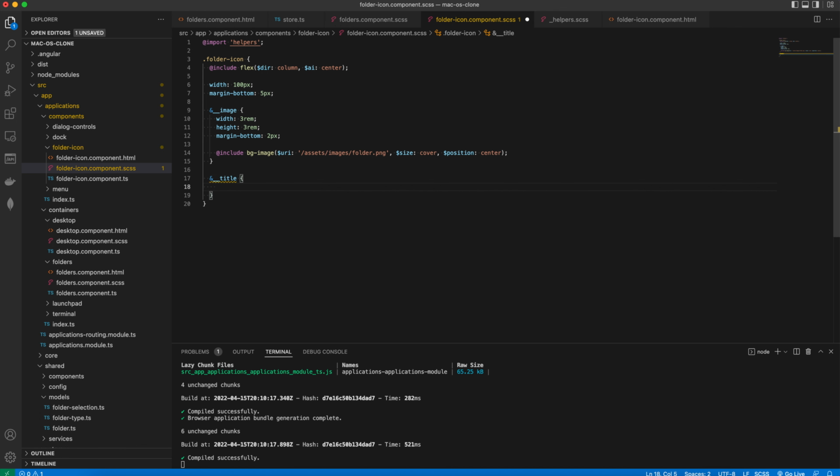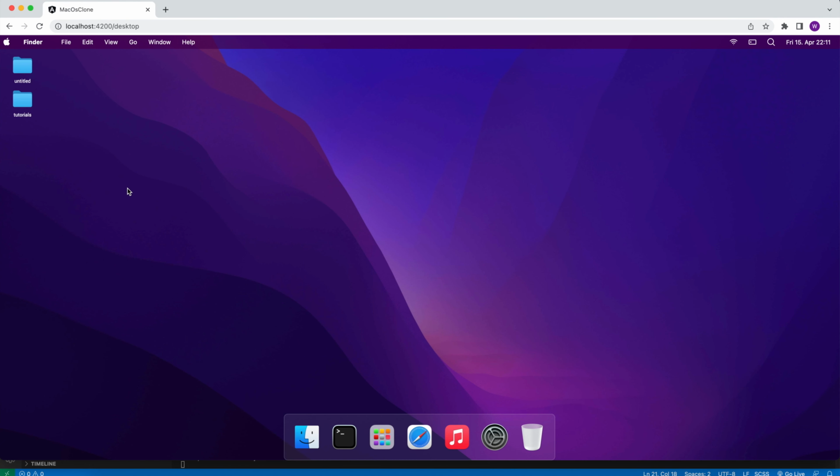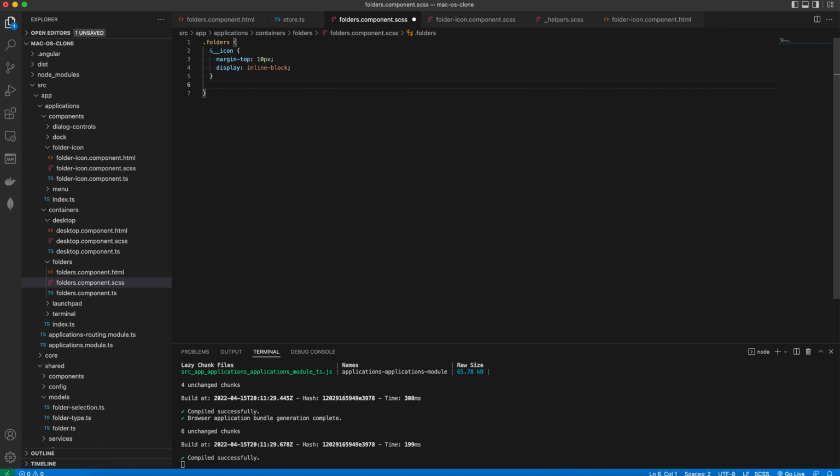The title should have a font size and the font weight properties, and the color is light 0. We prevent the user selection and add a 1 pixel padding. The title looks good now. But the folder components align vertically and I want to change this. And that's why I add the display inline block to each folder's icon div and a small spacing at the